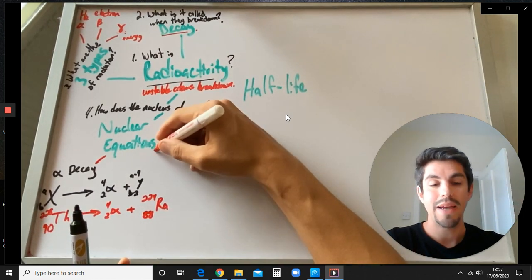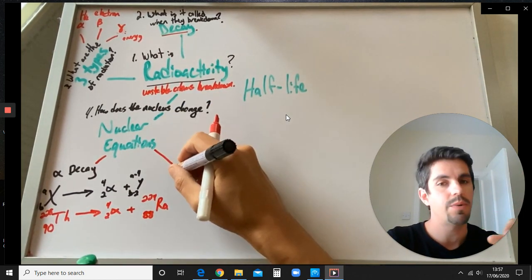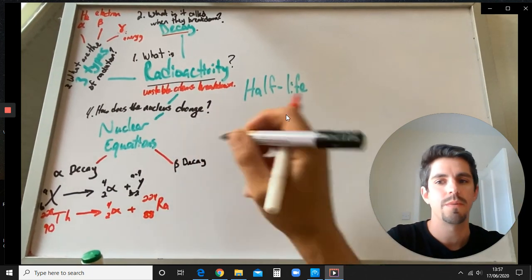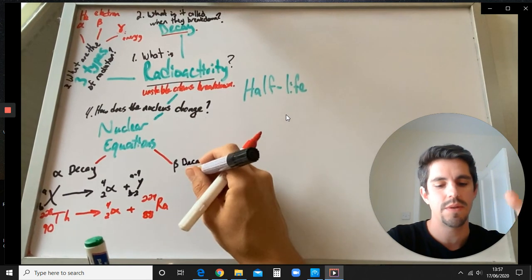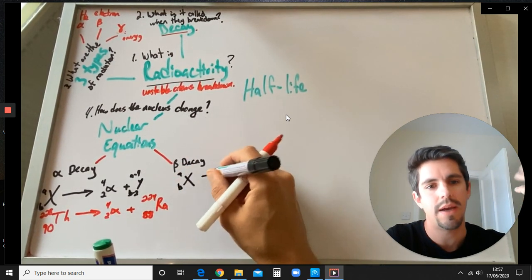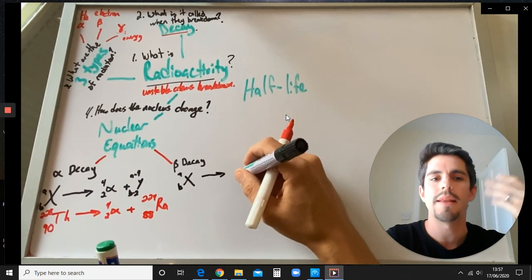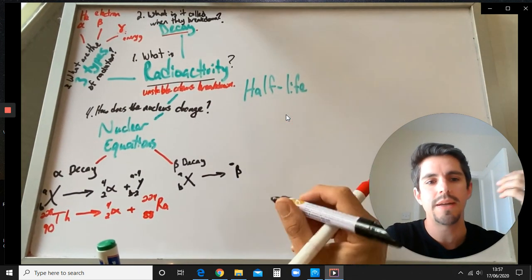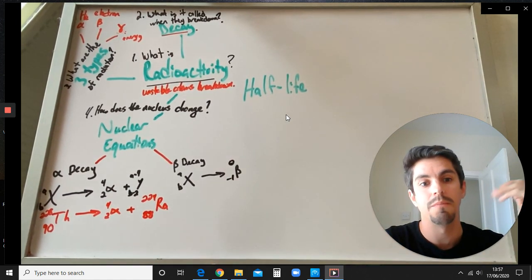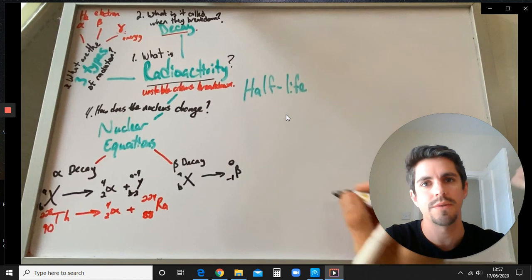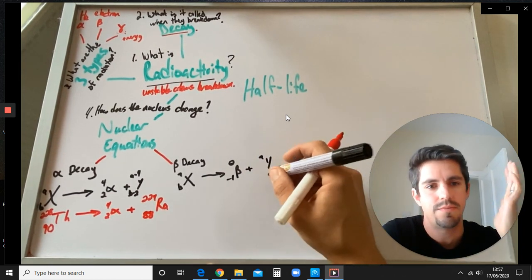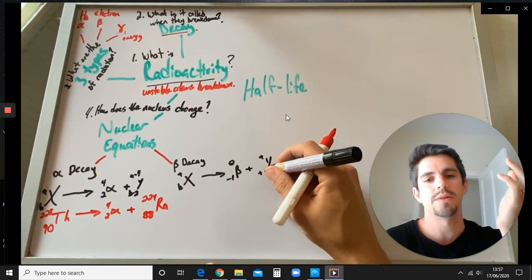When it goes through beta decay, it's a little bit different, but the equation works exactly the same way. It has to balance before and after. So for beta decay, I'm going to use the same symbols here with an X, just saying any element, whatever it is, with a mass number A, proton number B, and then I put in my beta particle. So beta has a mass of 0, it's just an electron, and it has a proton number of -1. Remember, electrons are negative, so that's where you get the -1 from. But if you don't understand that, you can just remember that beta is always -1.